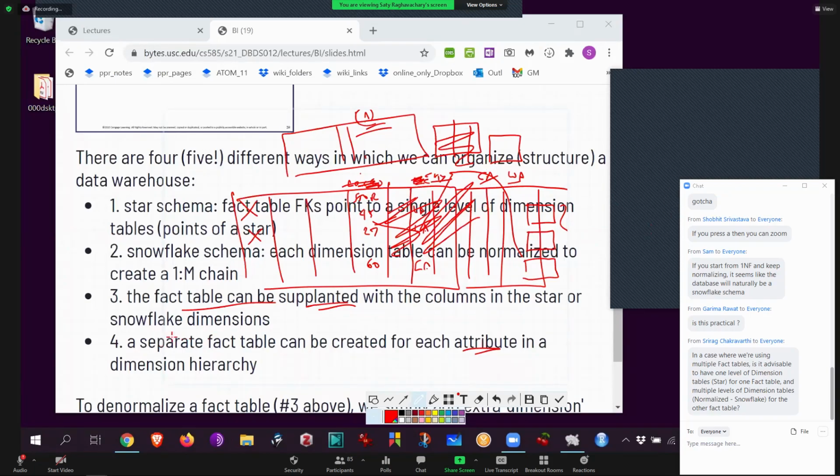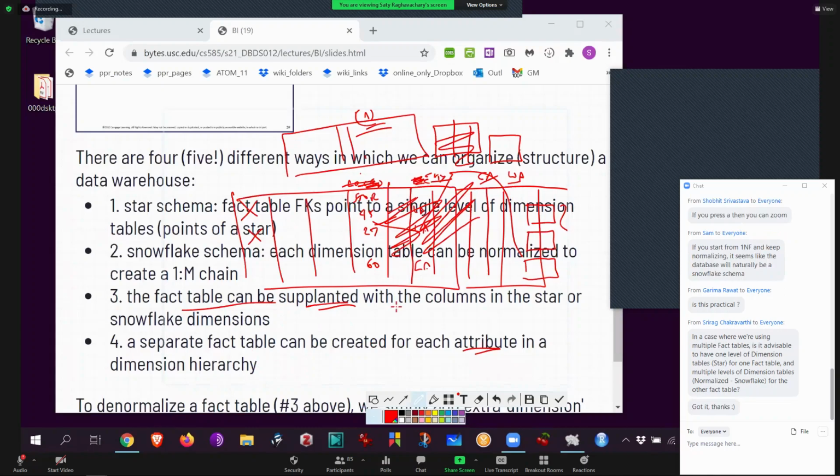Okay, that's number 4. So number 3 and number 4 are very similar. The only difference is in number 3 you put it on in one place. In number 4 you make multiple parts of it at different levels of aggregation, meaning from the zoomed in to the zoomed out. They're all different. Cool. Okay, so what else can we do?